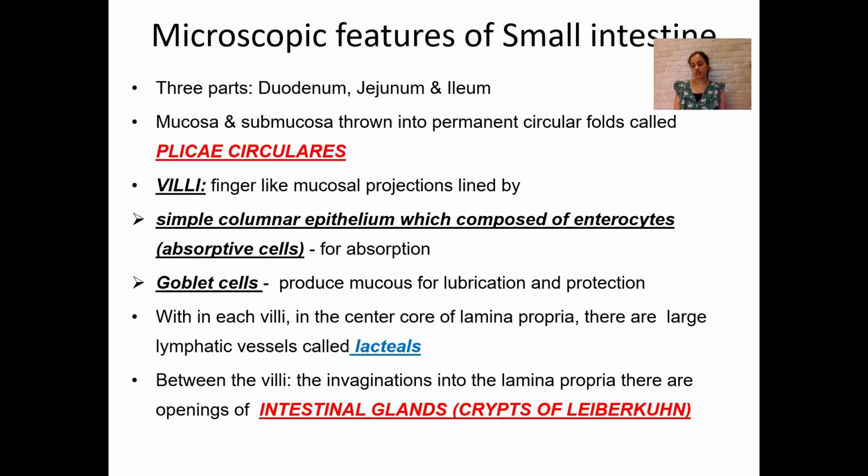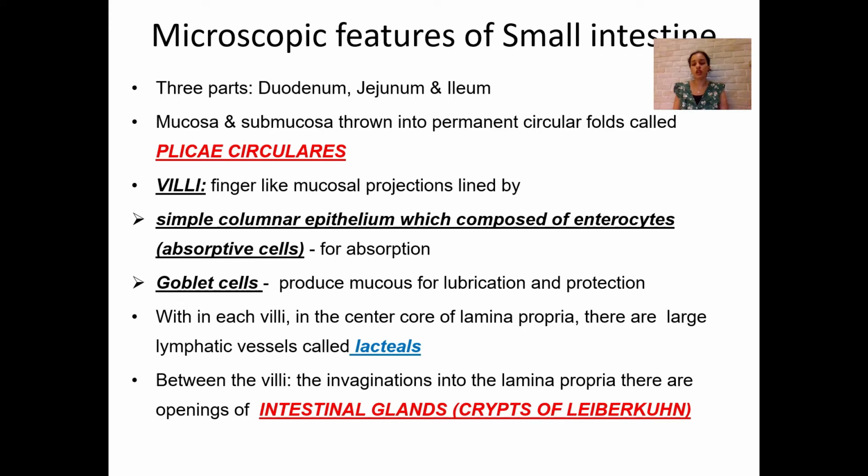When you see it with the naked eye, the mucosa of the small intestine has many folds. These are permanent folds, which are nothing but folds of mucosa and submucosa, and they can be seen with the naked eye. In a cadaveric dissection, when the small intestine is opened and you look at the surface of the lumen, you can see folding. These are permanent folds, unlike the folds in the stomach. The folds in the stomach are temporary in nature; once the stomach is filled with food, the folds disappear.